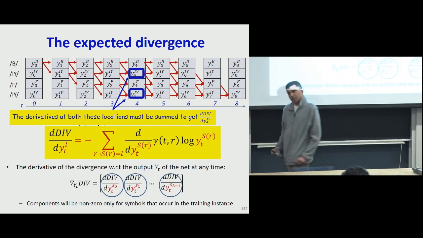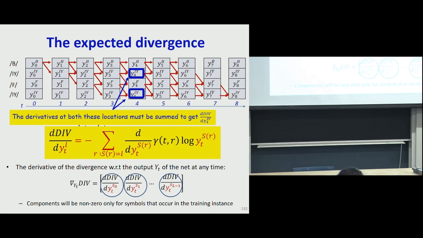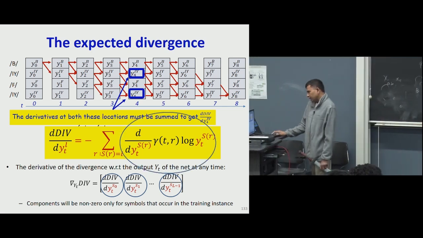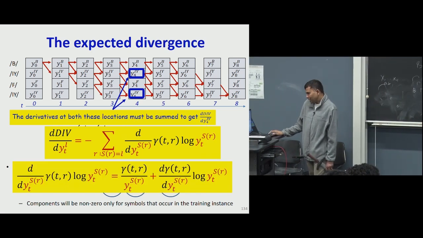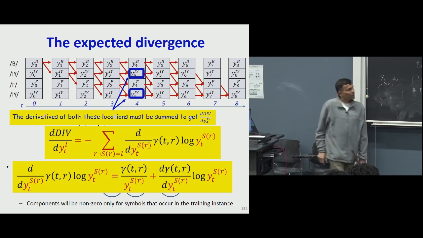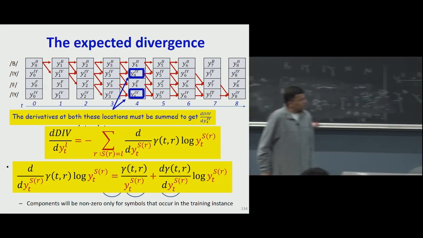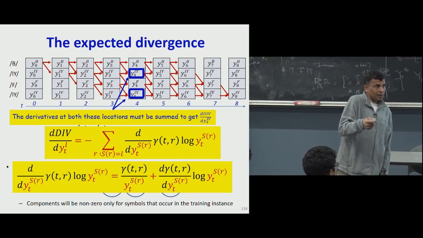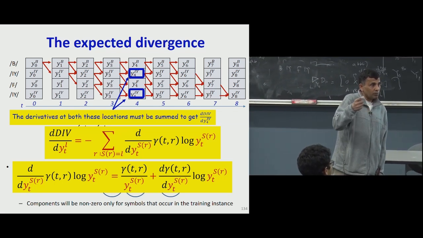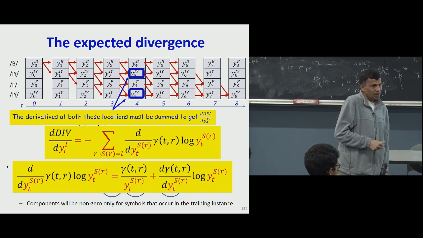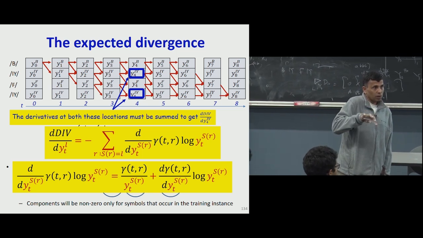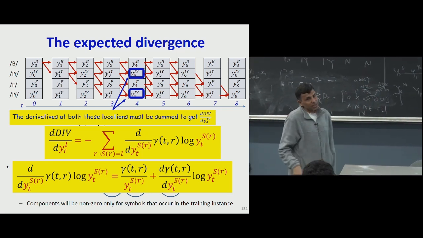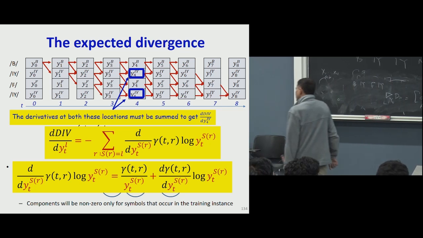And we know what this derivative is, right? This derivative is very straightforward, using straight up derivative rules. If I want to compute this, that's simply going to be gamma_tr divided by the probability. And remember that gamma itself is a function of the probability, correct? So you want a second term, which is the derivative of gamma with respect to the probability times the log probability term. Now it turns out that computing the second term is a little more tedious,